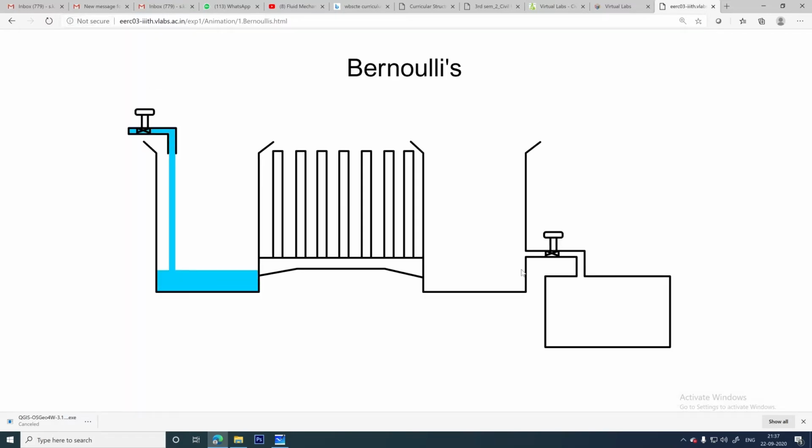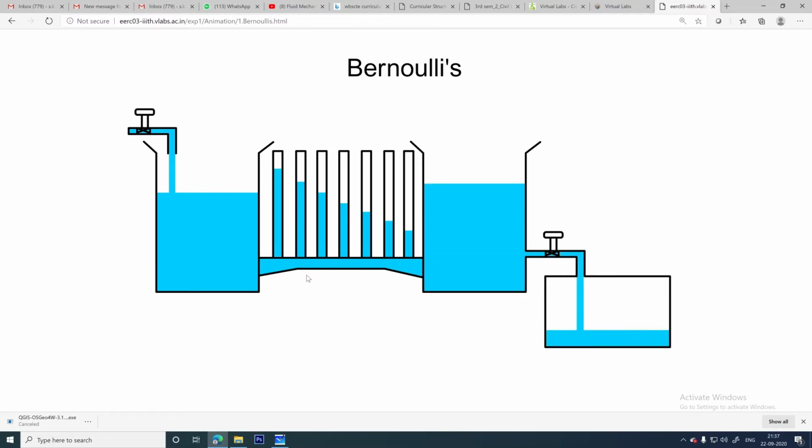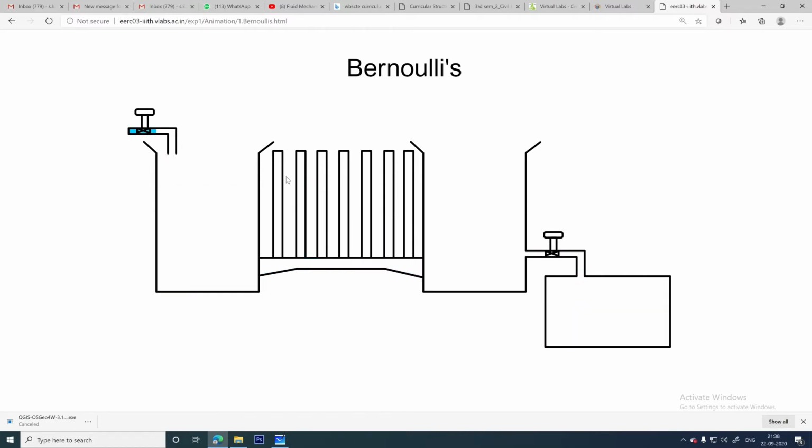Allow. Yes. So this is basically an experiment done in the lab. You can see the water is flowing inside a pipe where we have different cross sections. Now, as there are different cross sections, the height of the water, which is the P by rho g value, or the pressure head, is different. The height you get over here will be the pressure head. You can see different values are there.